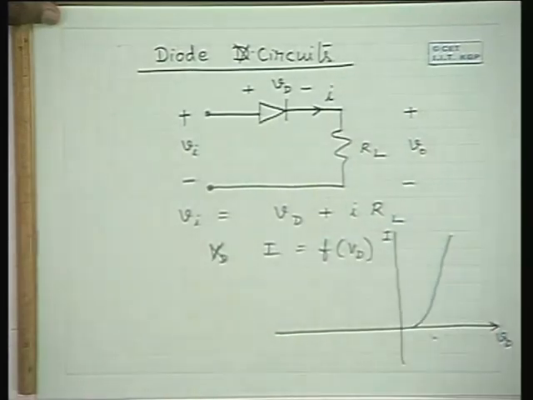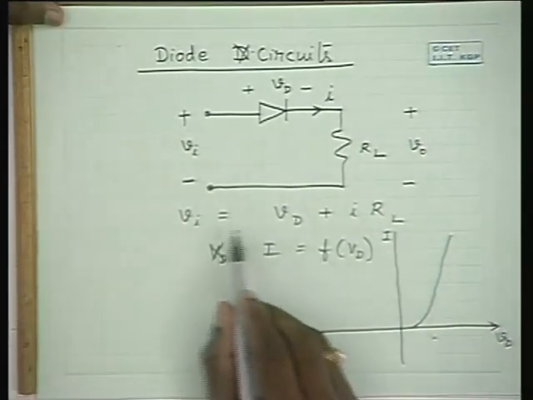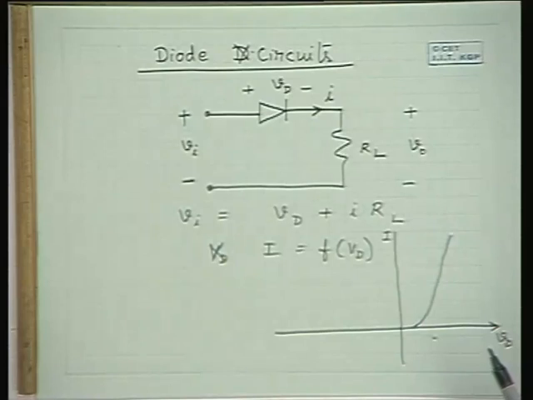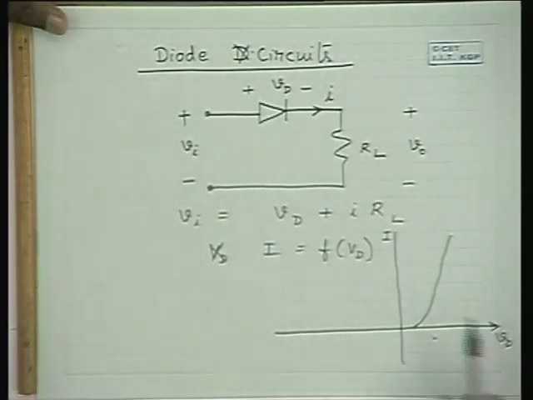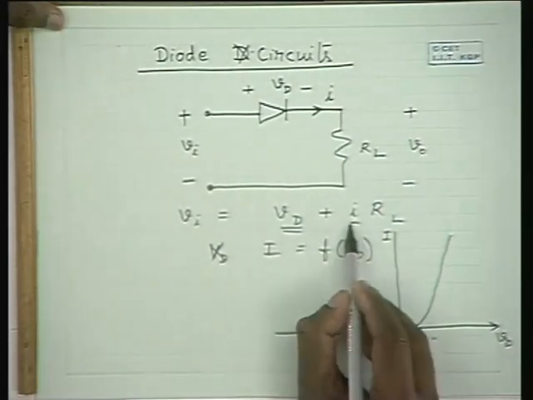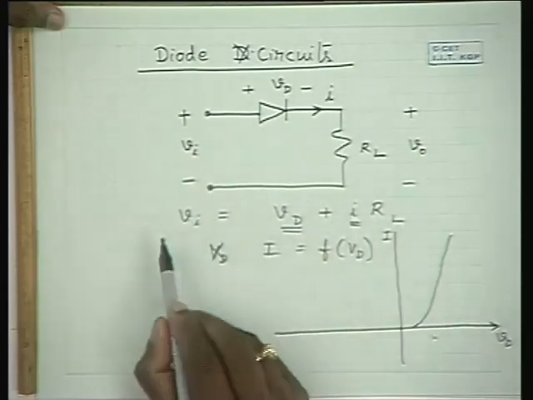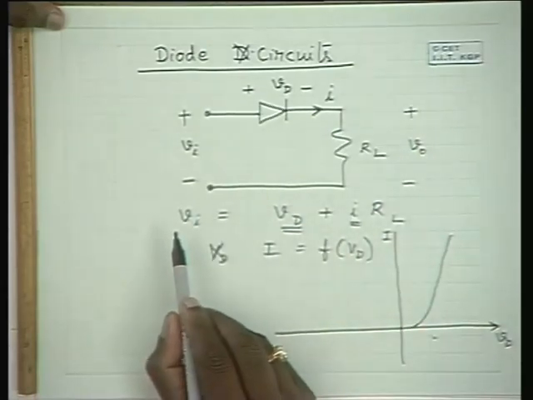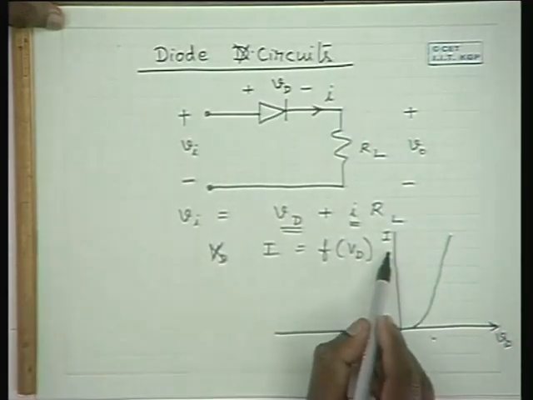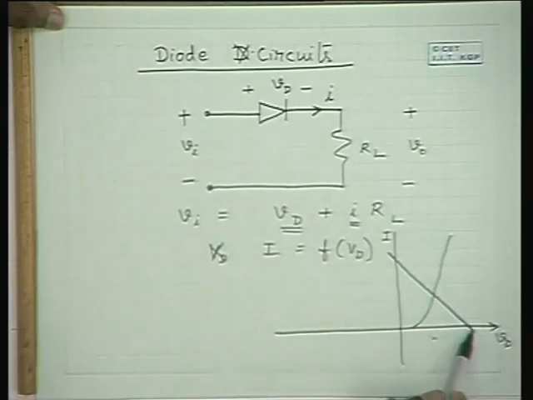I as a function of VD, and now let us plot the other equation also on this, and the intersection point will give us the solution VD and I at which the diode is operating. So now this equation, in terms of VD and I, please note that this is a straight line equation in terms of VD and I. So when plotted it would be like this. This is a straight line,